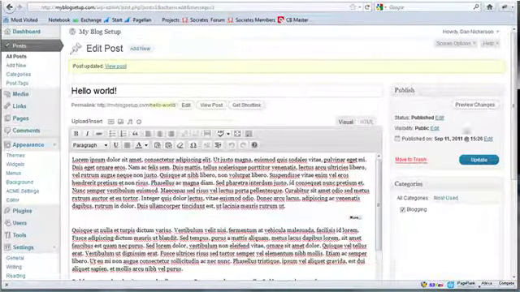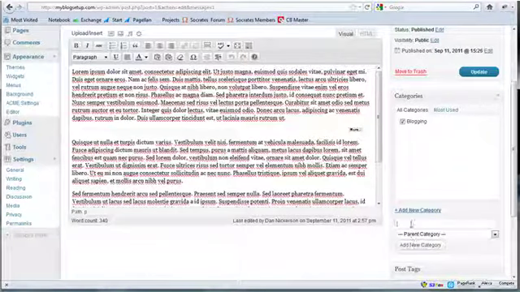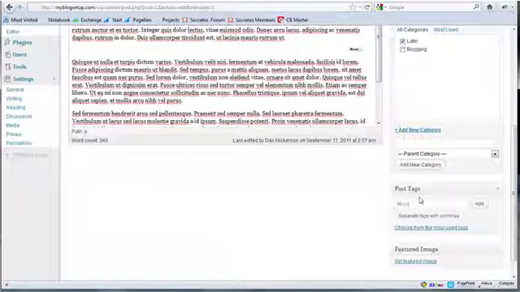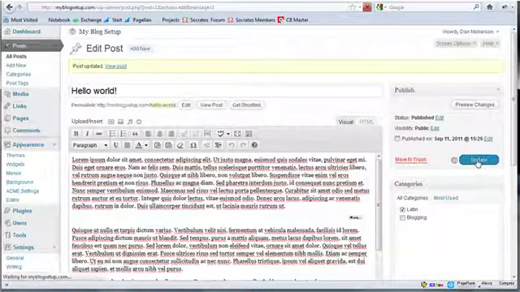Now, more things with the post editor here is that you control the categories and tags. So, for example, I'm typing lorem ipsum. Maybe I want a Latin category, so I could type in Latin because this is a Latin-related post. I click on Add New, and it just added that category. So now it's going to be in the Latin category. And I could also tag it, so I could type in lorem ipsum, separated by commas, and Latin or whatever. I click on Add, and those are my tags. And then I'm just going to click on Update. So now that post is updated